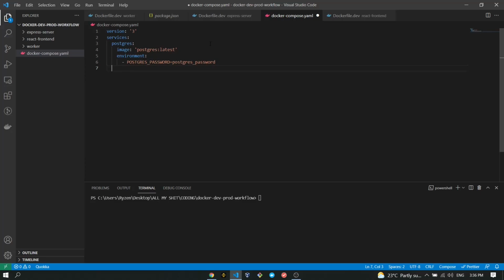Now the next service is going to be Redis. Our Redis service is going to use the image redis latest, and that's all the configuration we need for our Redis. Next, our next service is going to be, let's say, the Express server. Our Express server is going to have a build. It is going to have a specified dockerfile, called Dockerfile.dev,